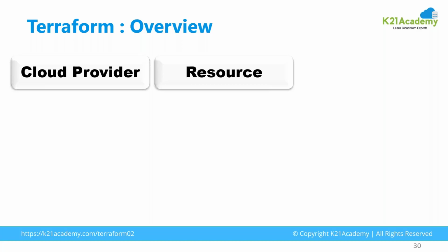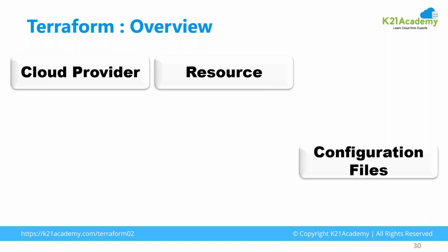So VNet, okay, VNet has got multiple things involved in it. It has got the security list, it has got say the routing tables, it has got various other components, the gateways are there. So these are all resources which are available in the cloud providers. So Terraform has got access to all these resources, and these resources interact via API. We are going to see how Terraform works as well in a while.